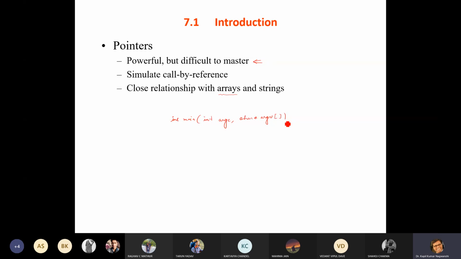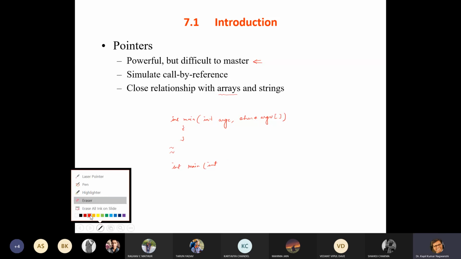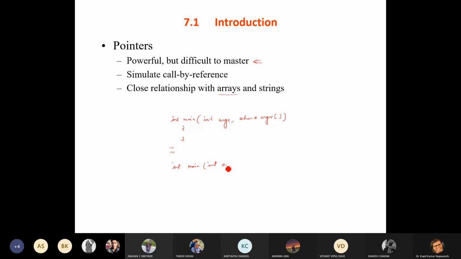This is one declaration, and this declaration is very similar to integer main, integer argc, and character double pointer, pointer to pointer, argv. Okay, so who will point whom? This is our main target, and this is directly dealing with memory.